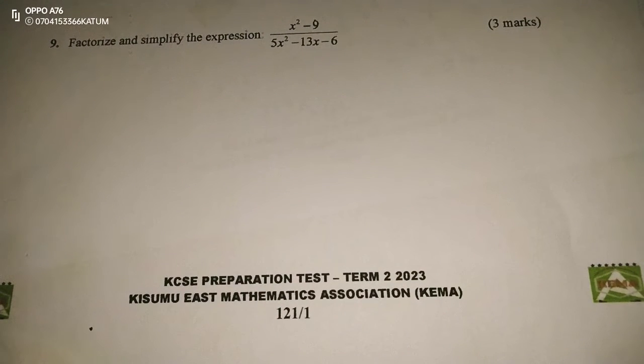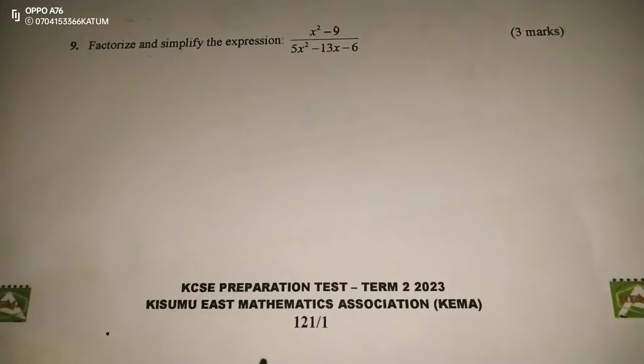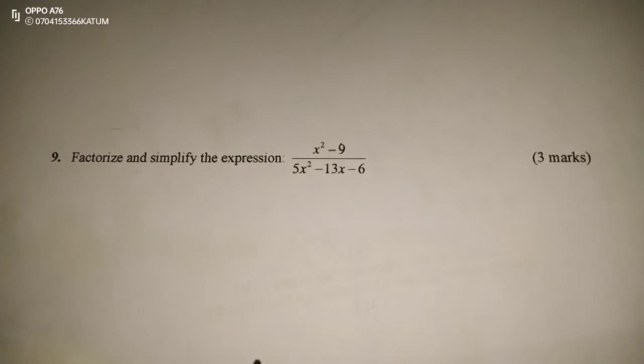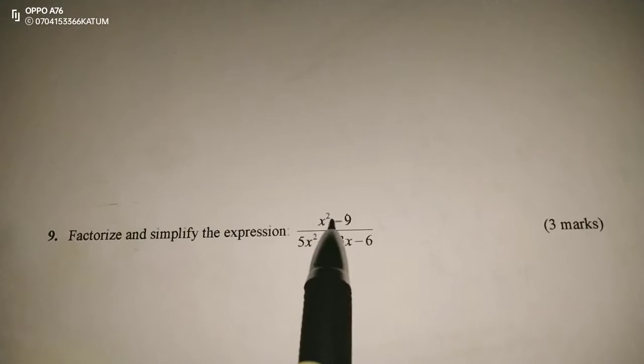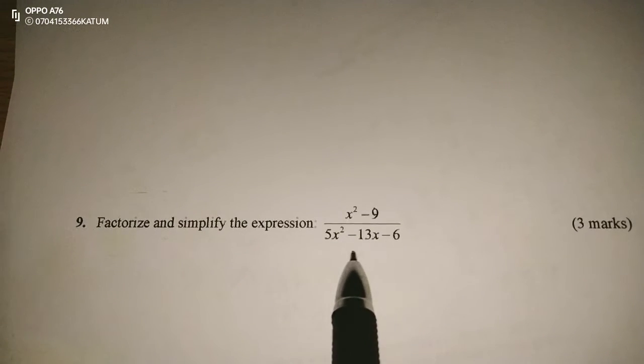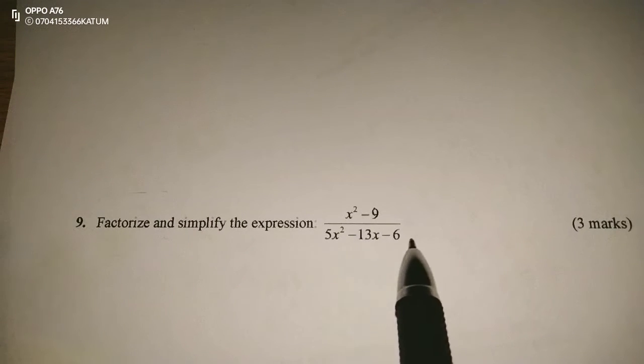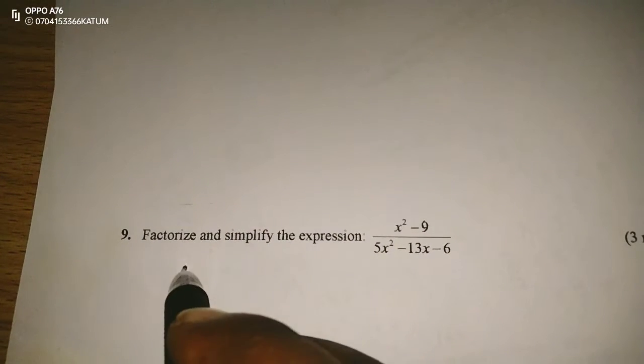We're going to continue looking at the KCSE preparation test, Term 2 2023, Kisumu East Mathematics Association. Number 9, factorize and simplify the expression. So we have an expression here, x squared minus 9 divided by 5x squared minus 13x minus 6. So what we have in the numerator to begin with